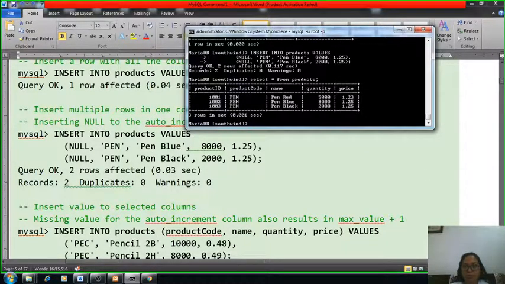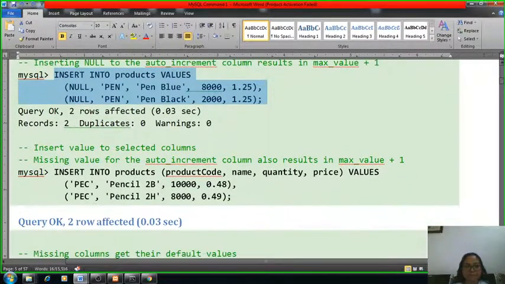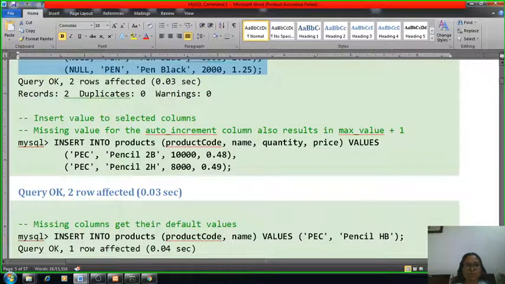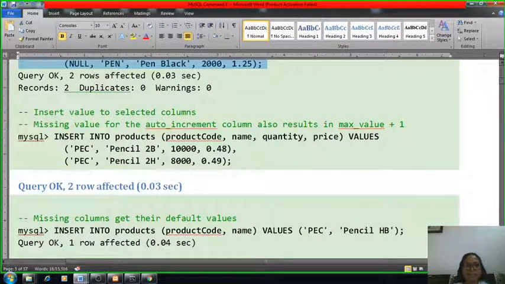Okay, so next is inserting values into selected columns. It is not necessary that we add a record in every column. We can select any particular column for inserting the data. Here, missing values for the auto increment column also result in the maximum value plus 1.